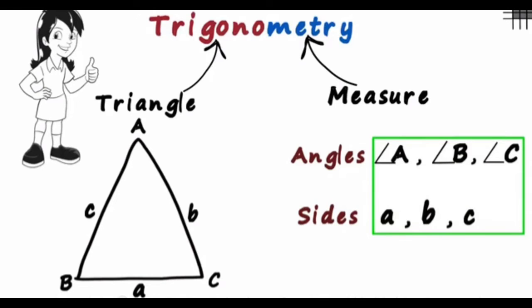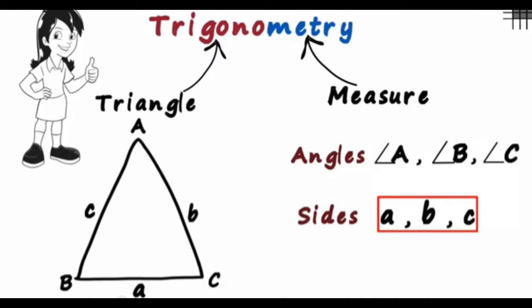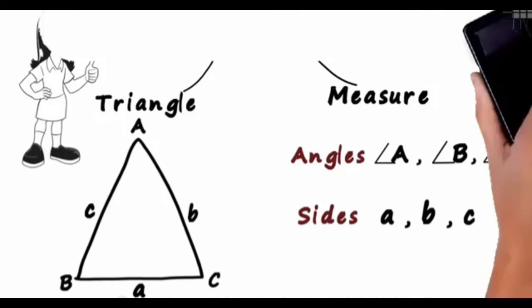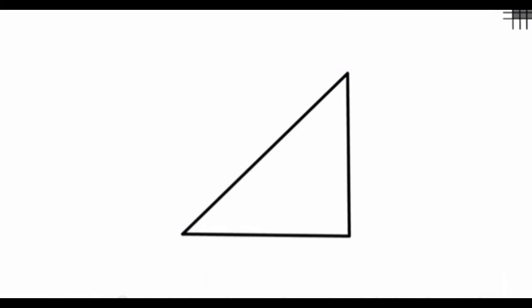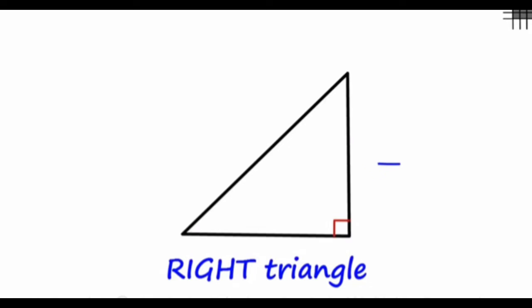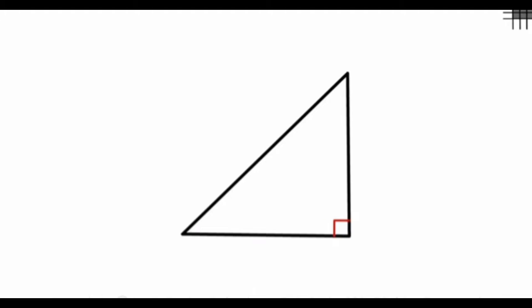We have to find all this in trigonometry, and it is very easy to find these because we mostly use one triangle in trigonometry, which is very easy to work with, but mostly students have problems with this. Mostly in trigonometry you use a right triangle, which has a 90 degree angle at one vertex. It is called a right triangle, which has an angle of 90 degrees at that vertex. And so we have to find the remaining two angles.